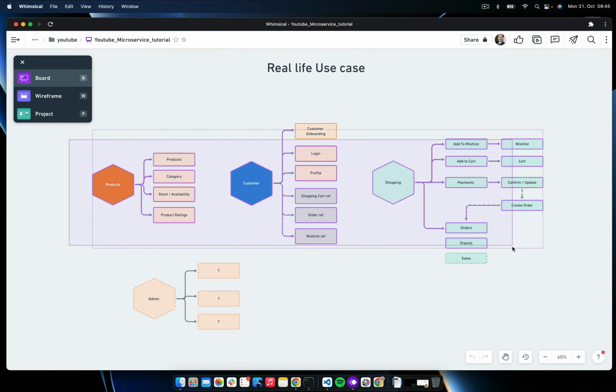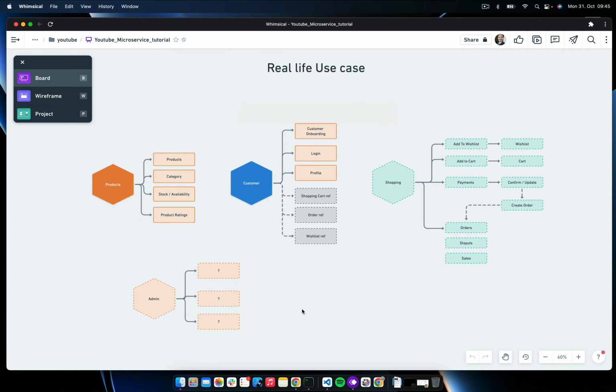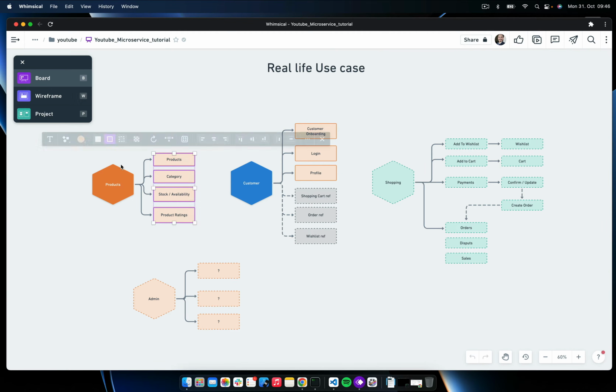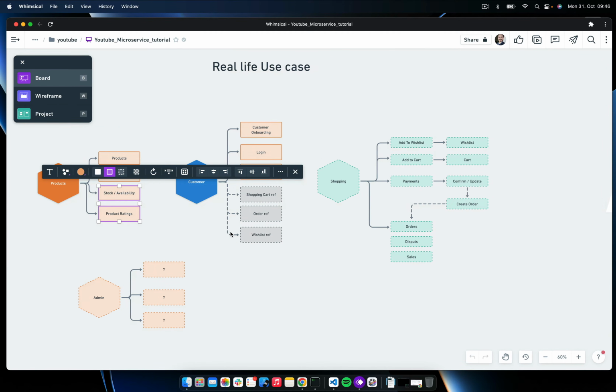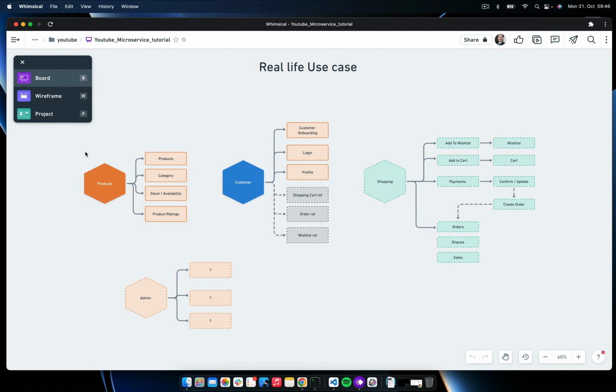Now you can see these are the microservices we have right now, and this is one of the services that will come in future. The product service is responsible for certain operations related to products only, where we can perform all the CRUD operations related to products. We can get the category, or maybe add two more functionalities, such as stock availability and product ratings. Eventually we are just trying to keep all the product related operations close to the product